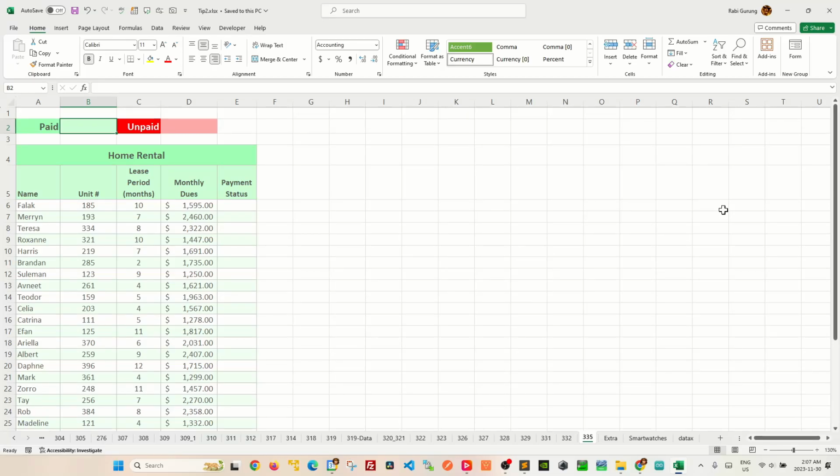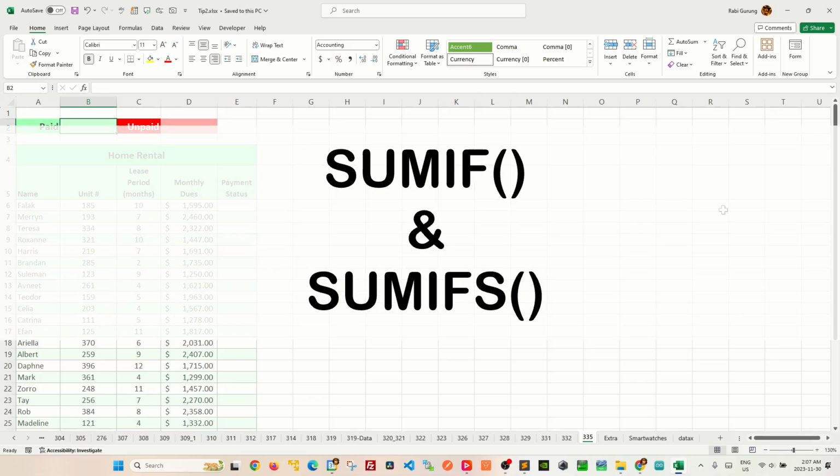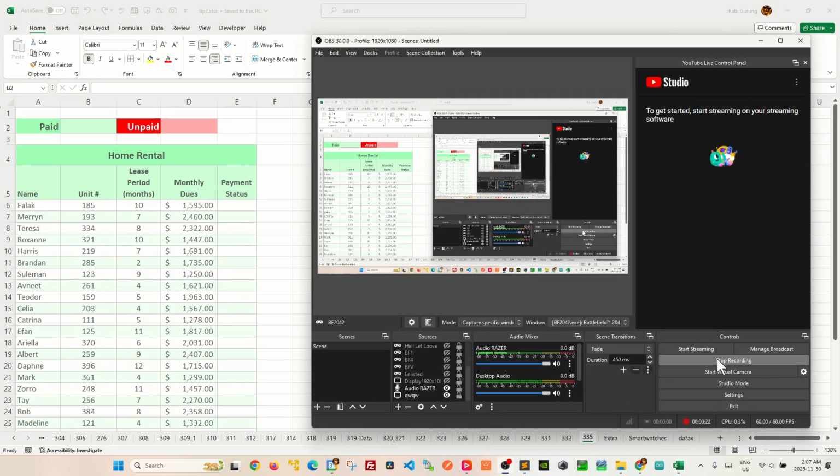I'll show you how to best keep track of invoice payment. Trust me, this will make you look and feel like an Excel guru in your office. If you have worked with SUMIF function and SUMIFS function for criteria-based summation, this would be another way of using